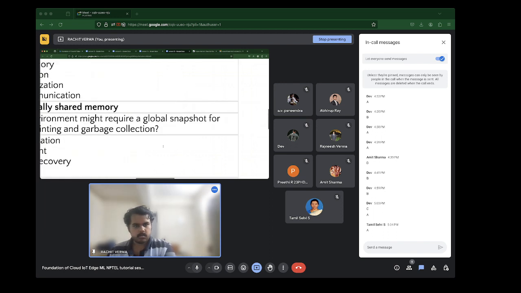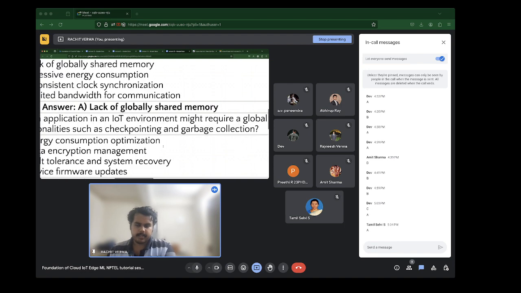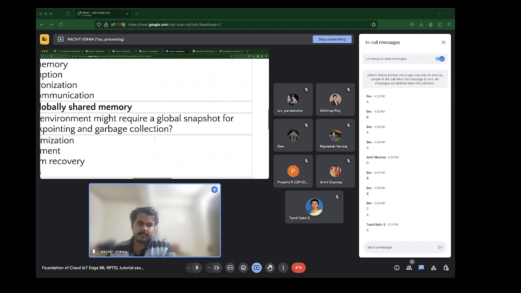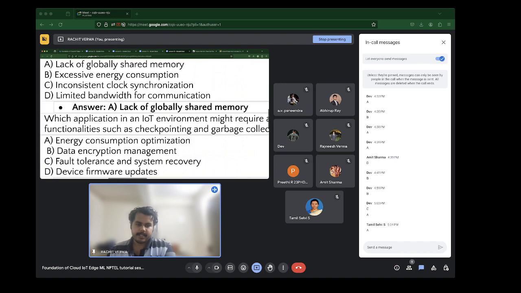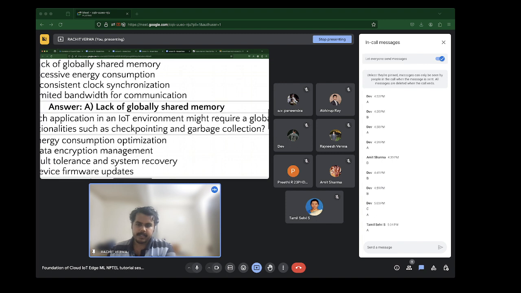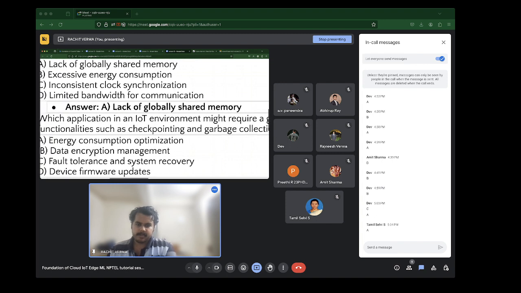Okay, so let's take a look at this one. Which application in an IoT environment might require a global snapshot for functionality such as checkpointing and garbage collection? Is it A, energy consumption optimization, B, data encryption management, C, fault tolerance and system recovery, or D, device firmware updates?